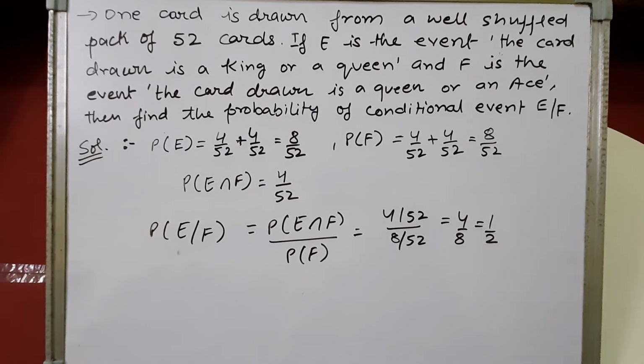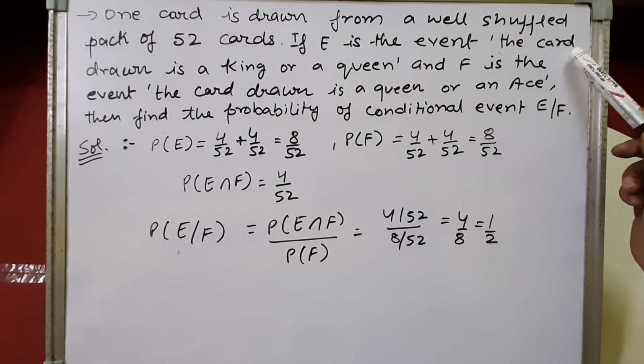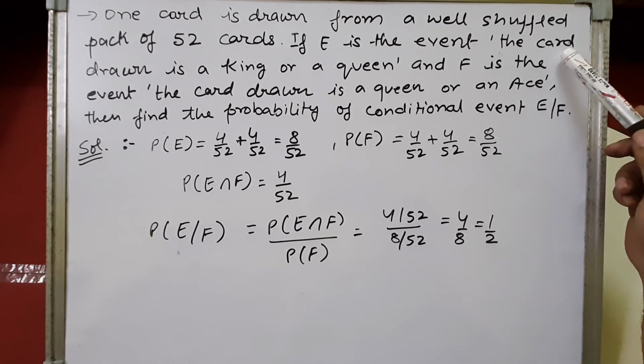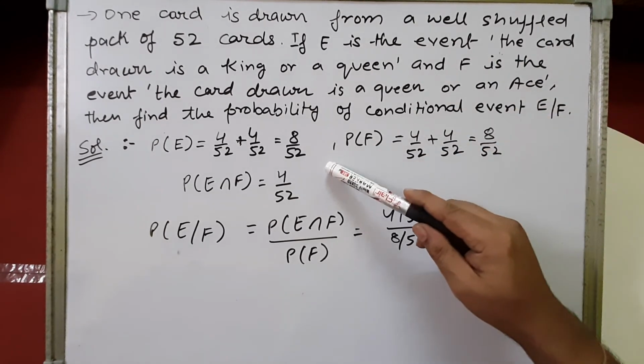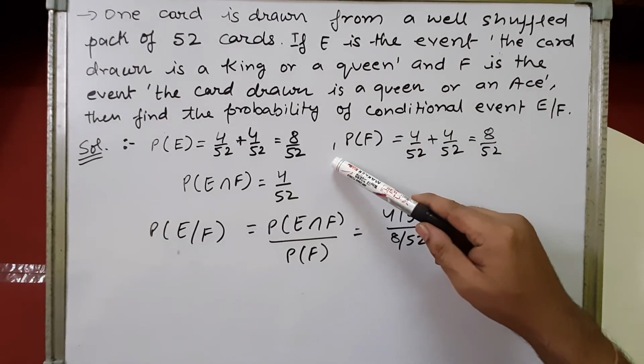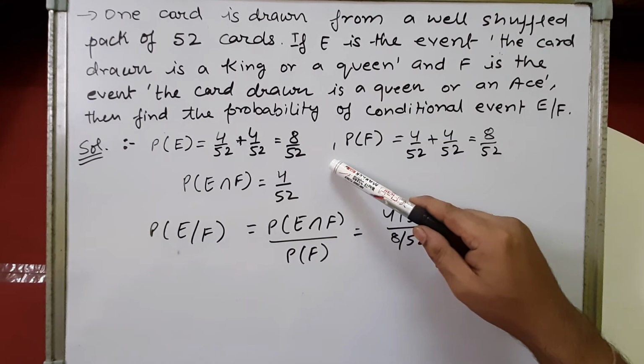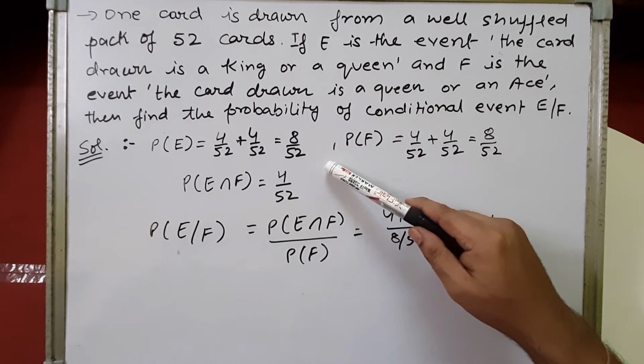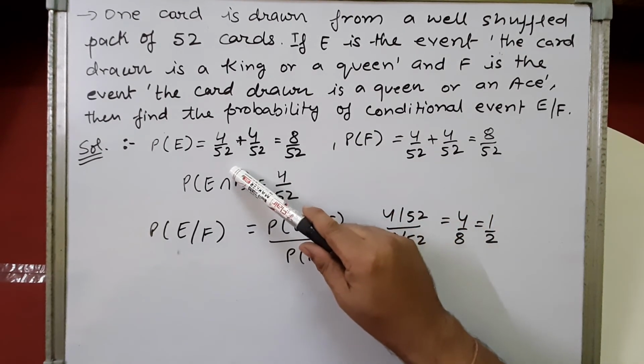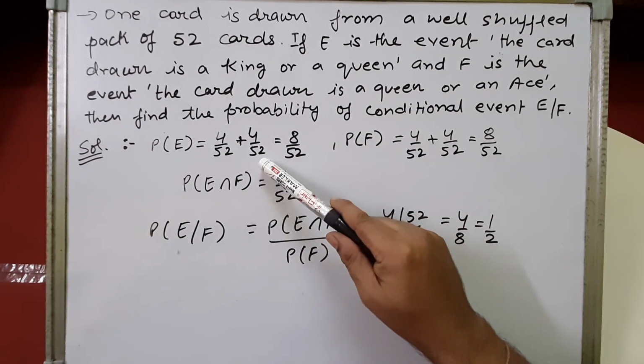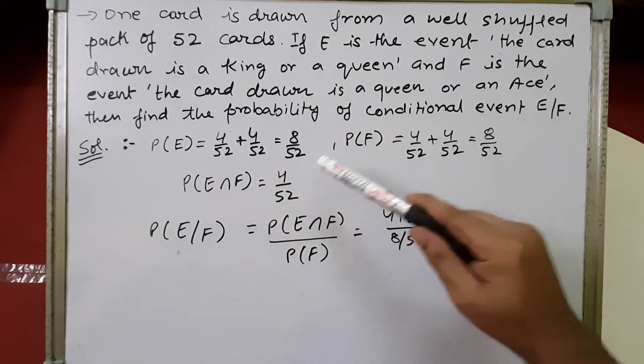So let's see the event E, occurrence of event E, the card drawn is either king or queen. So if we're drawing one card, it could be king or queen. Then if it is king, then it cannot be queen. That means coming of king and queen are mutually exclusive. So the probability of happening E will be, how many kings we have in a pack? 4. How many queens we have in a pack? 4. So probability of getting a king will be 4 by 52 plus queen will be 4 by 52. It will be 8 upon 52.